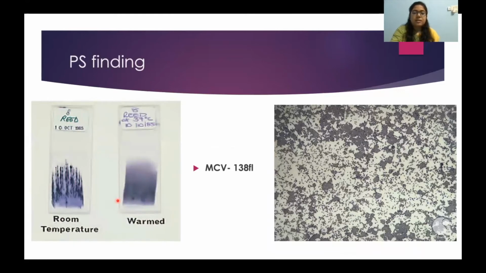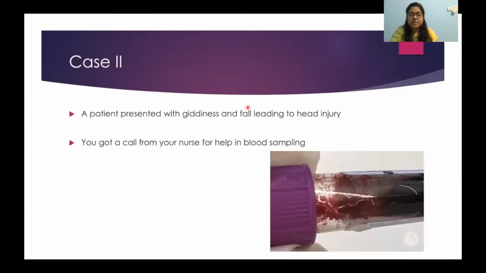Here, if you see this patient's sample itself, you can see there are a lot of clumpings. Such a large amount of agglutination of the RBCs, which is clearly visible to the naked eye, is usually seen in cases associated with cold agglutination. What we can do is a warm collection, that is, collection of the blood sample at 37 degrees centigrade and warm transport of the sample to the lab.